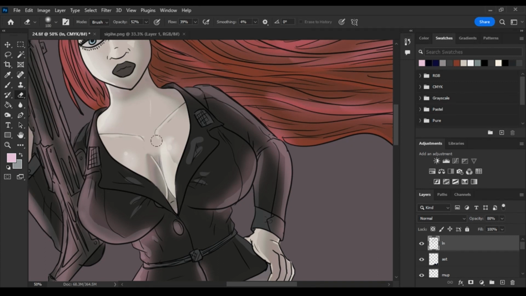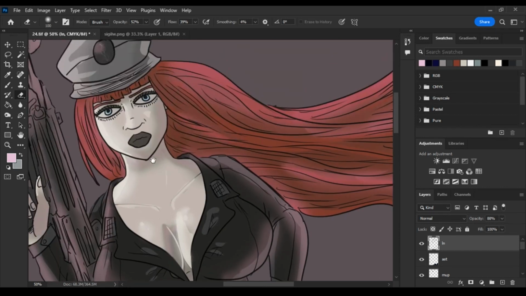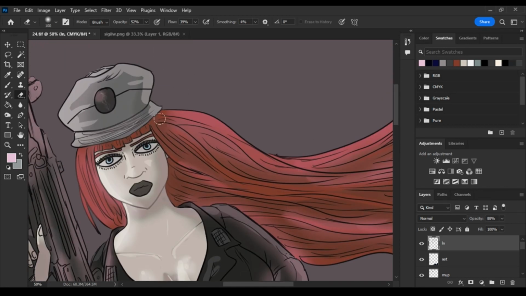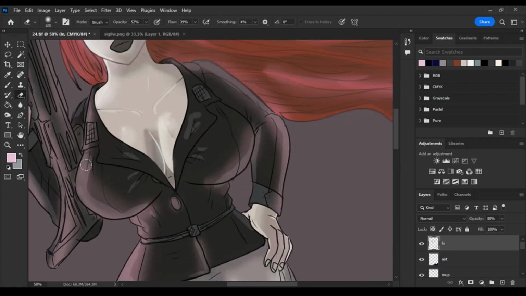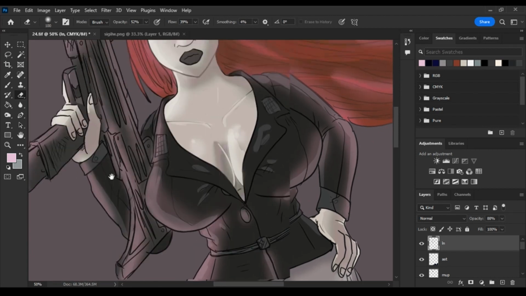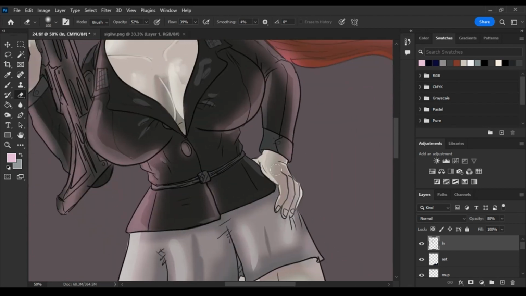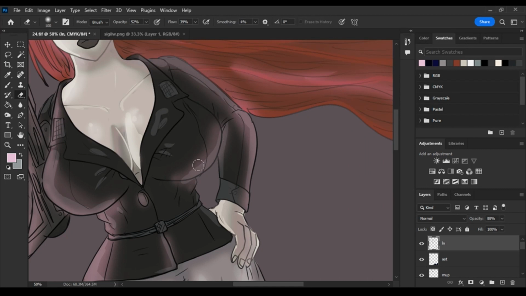Well, first thing I do is actually lower the opacity of the line layer just a little bit, because if you make it too transparent, it's gonna look weird in certain places, especially in the eyes, because I like to draw these characters with heavy eye makeup. I just lower the opacity just a little, then I go in with a soft round eraser to soften up the areas where there wouldn't really be lines, or it would have a softer edge, like for instance the cleavage or the collarbone, and areas that are a little bit